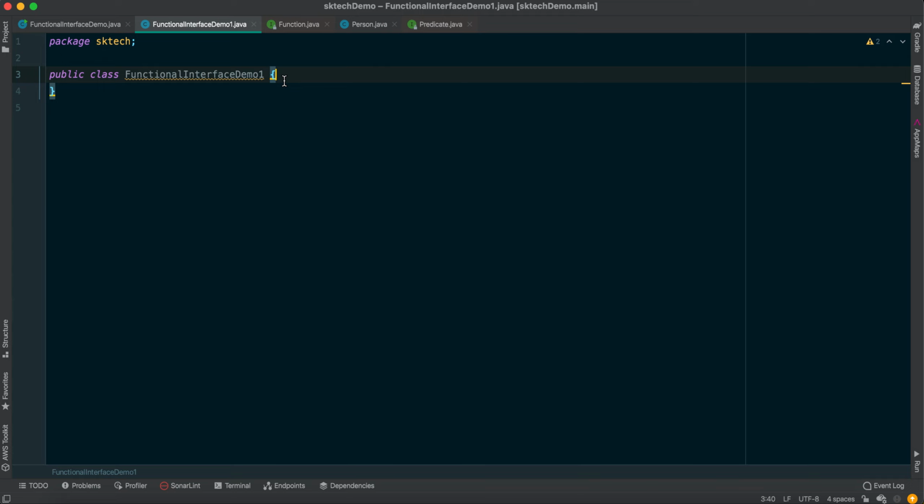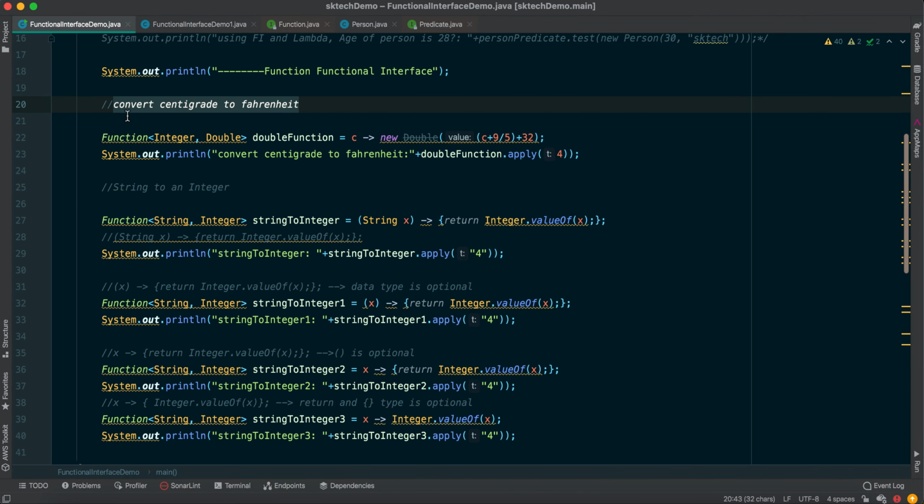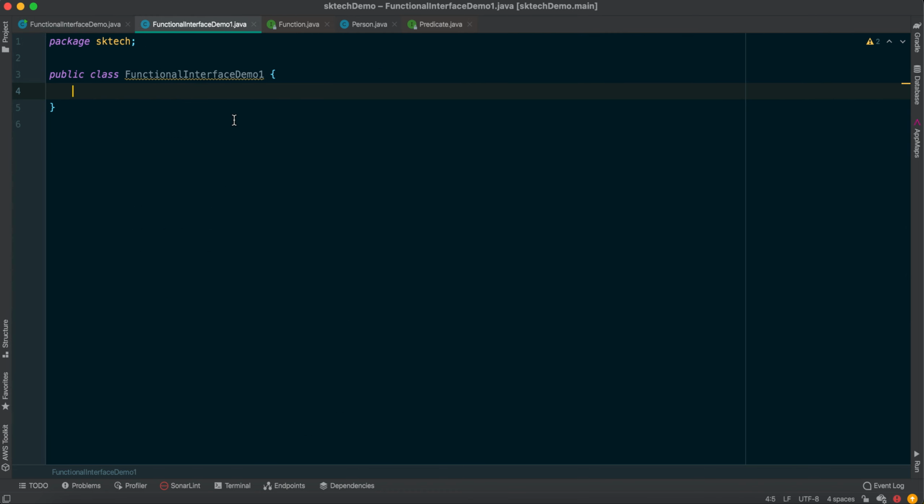Because the functional interface provides one abstract method, it is going to accept one type and return another type. That's what we saw in the centigrade to Fahrenheit conversion and the string to integer conversion. Similar to that, we are going to see how it is really used in our day-to-day work, in a real-time example. Okay, so let's create one main method